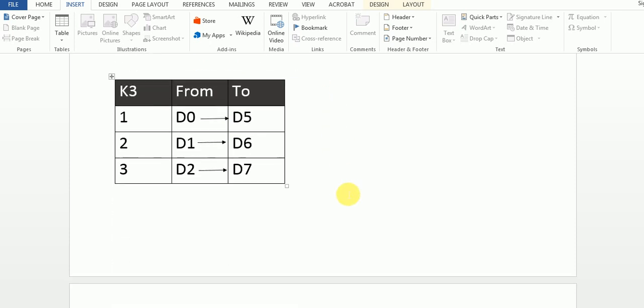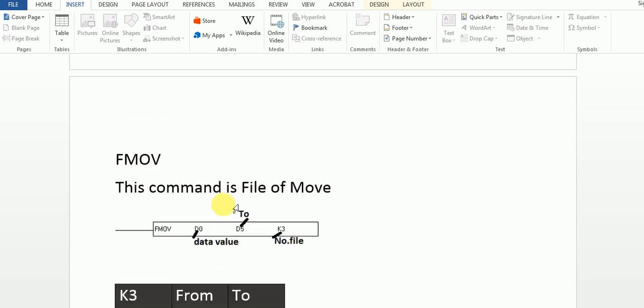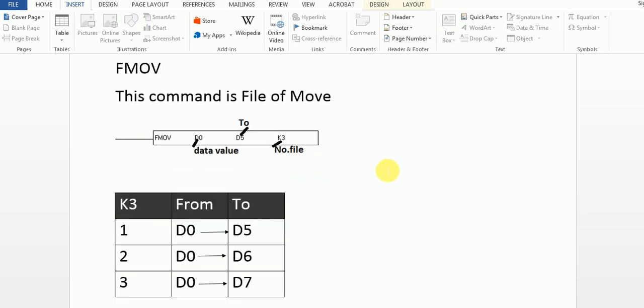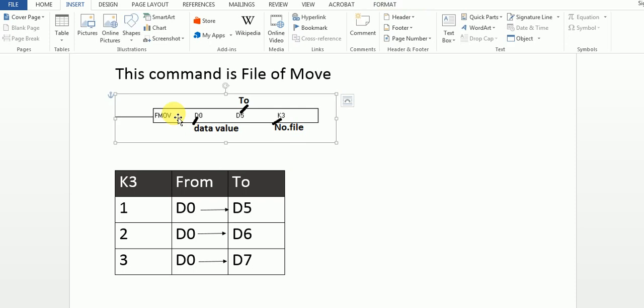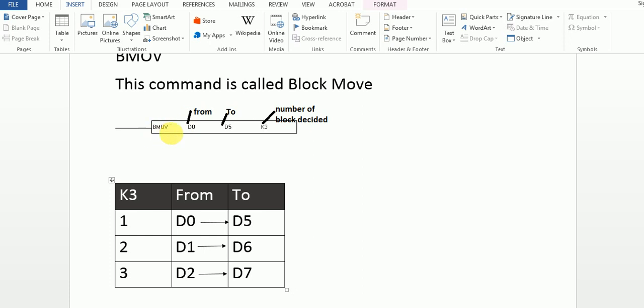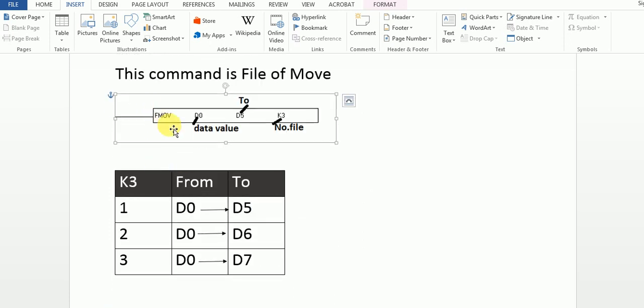Next one is our fmove. This command is also called file move. F means file and move means move. Here you can see bmove, and here is fmove.